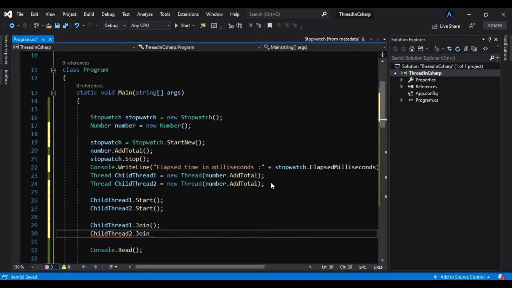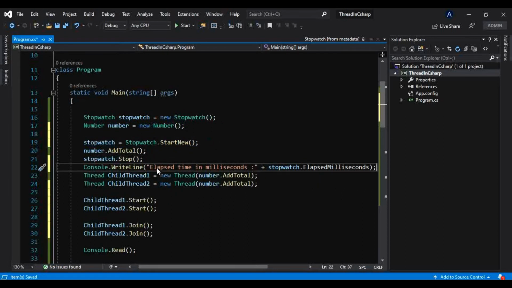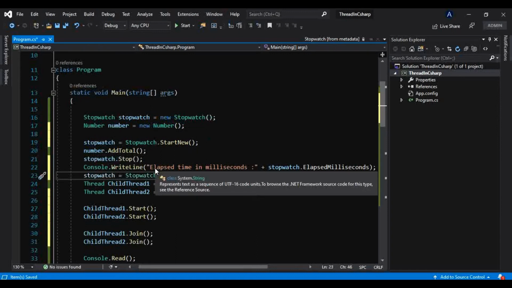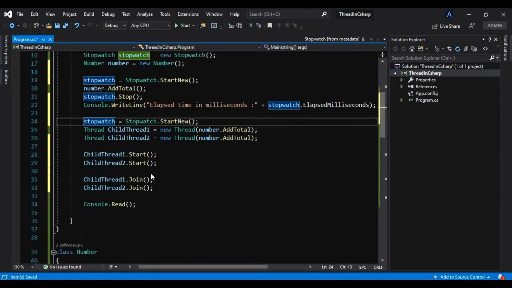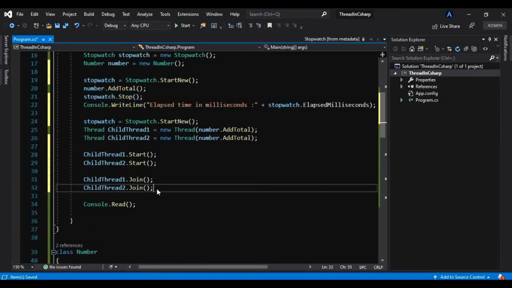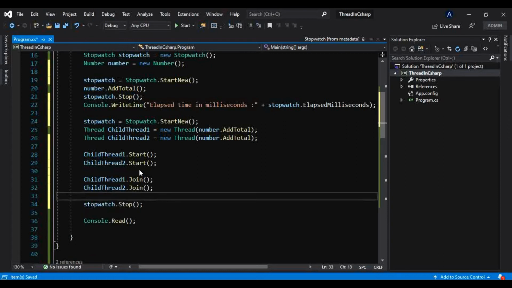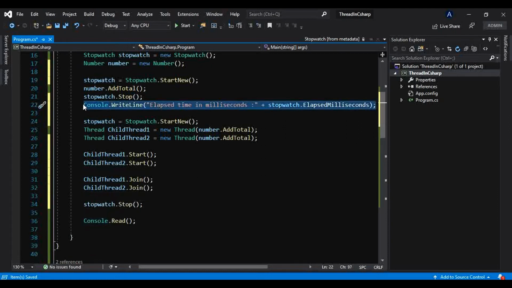We will use the stopwatch here as well, stop it after they complete their work, and print the elapsed time here.